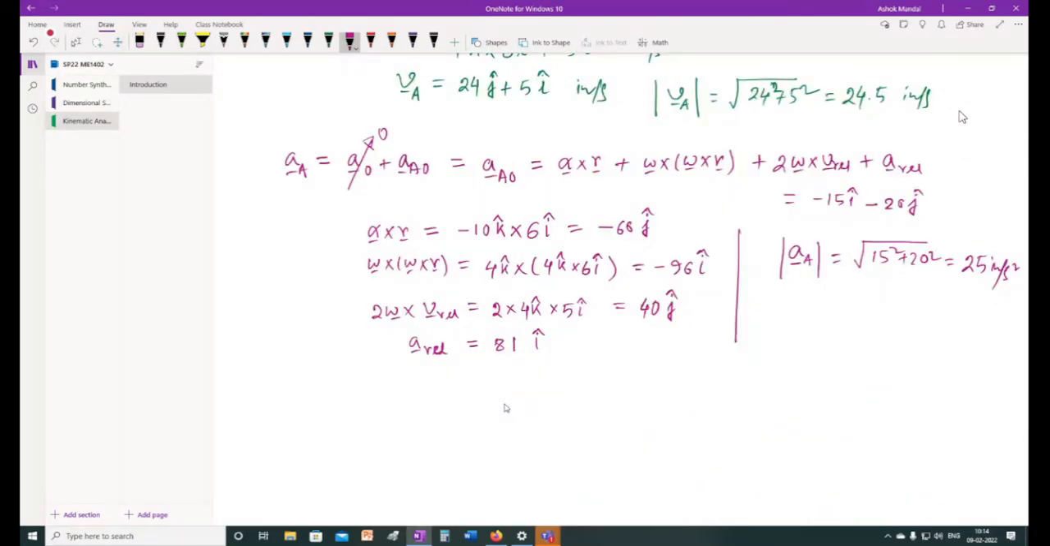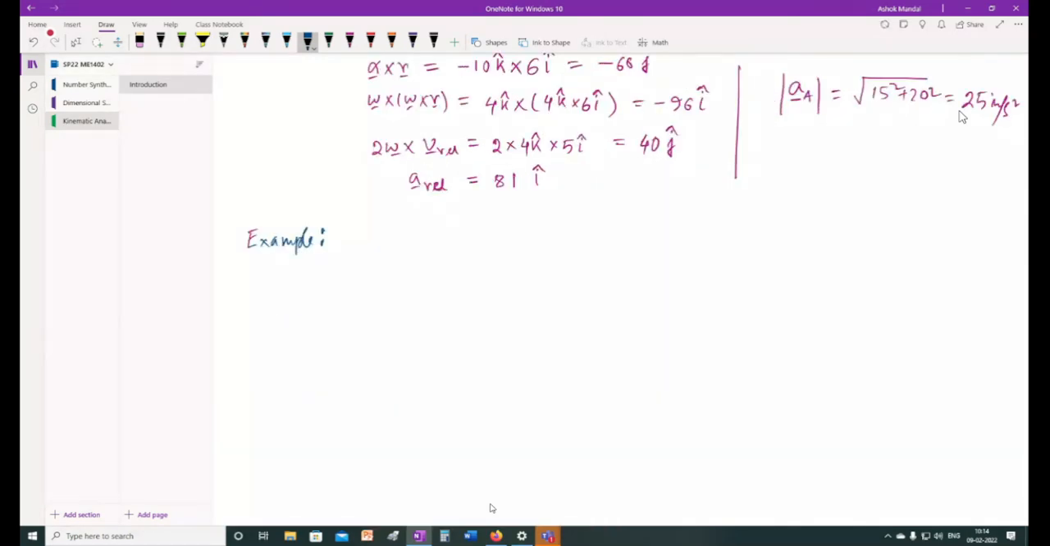Is this clear? Shall we move to the next example? Yes, sir. Okay, so let us take the next example. I don't know whether we can complete it today or not, but let us take it. In this example we take a figure like this, a 4-bar mechanism. We will solve this 4-bar mechanism problem using